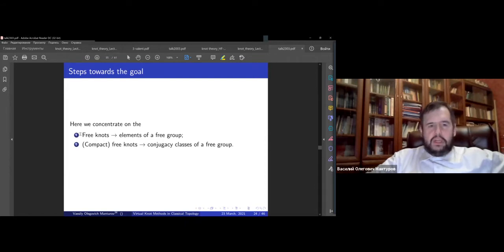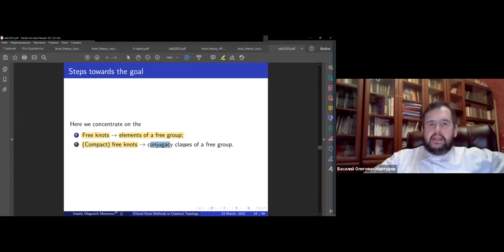Here are the steps towards the goal. So I want to get elements of a free group. I want to concentrate on and give exact formulas and some proofs. And here I would like to say that I have long free knots. So I just cut it and pull its end to infinity. And for compact free knots, I will have